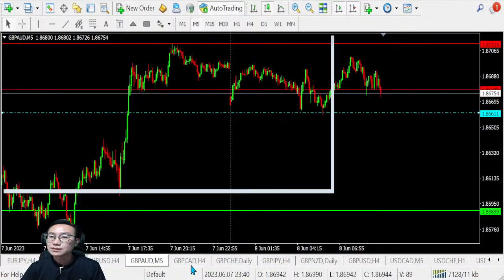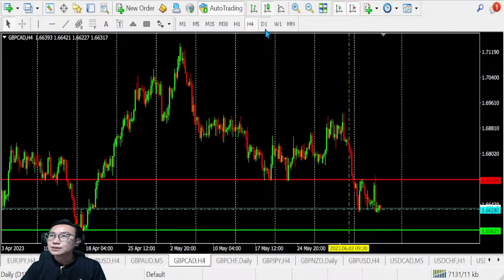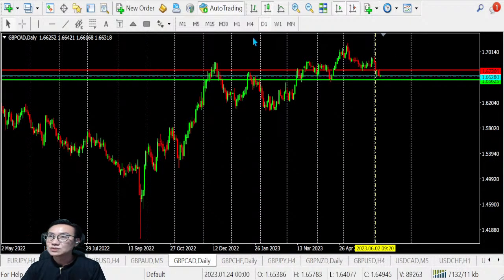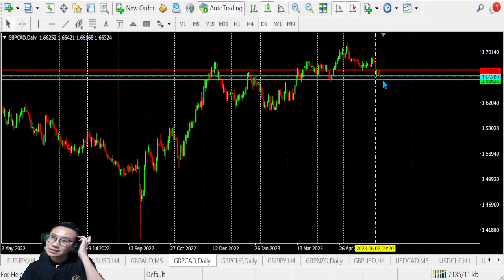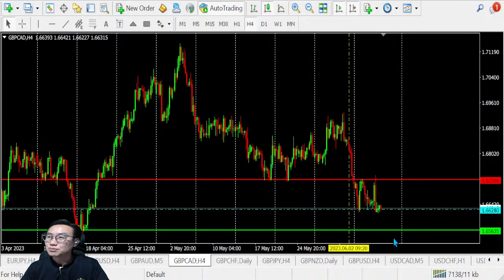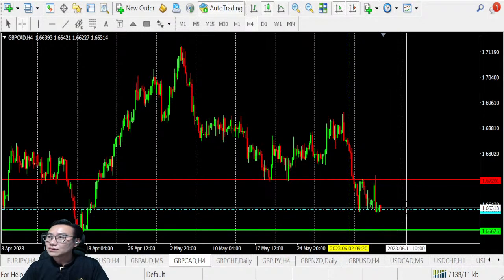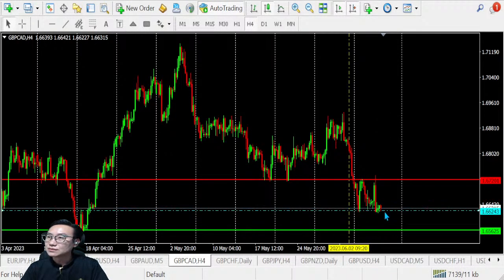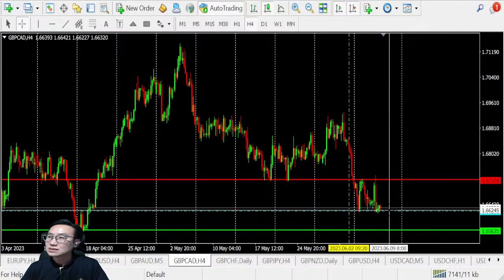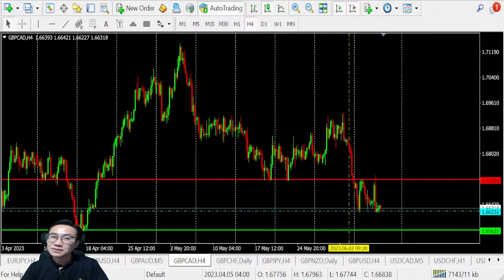Well, for pound CAD, let's quickly move into pound CAD. Well, pound CAD over at this point here looks like it's very obvious we are still in the bull, right? But this bull has actually went in and started to retrace downwards. I would say that this is more or less only a retracement. It's a very big retracement, I know. But we are very near to the support level once again. So we have one support level over here, correct? So after this, when it breaks below, we should have about 60 pips to go. So that's for the pound CAD.